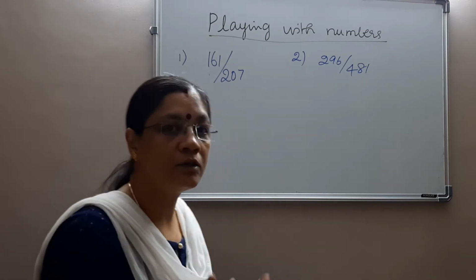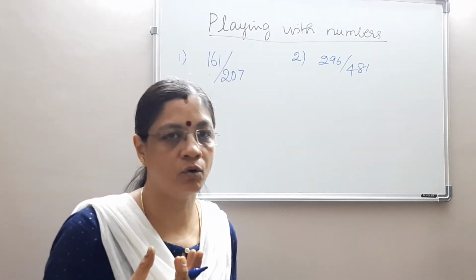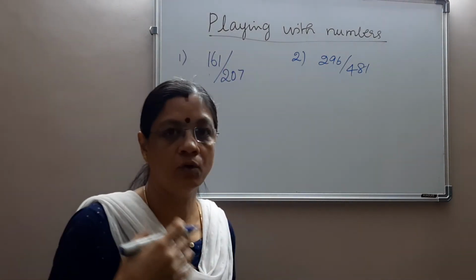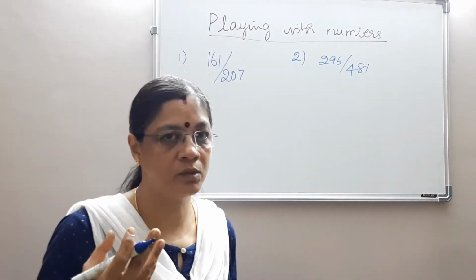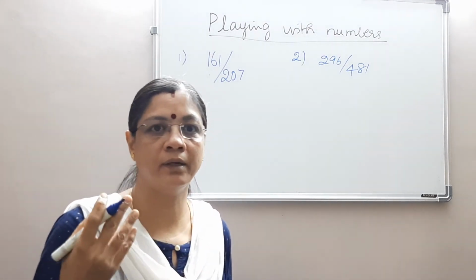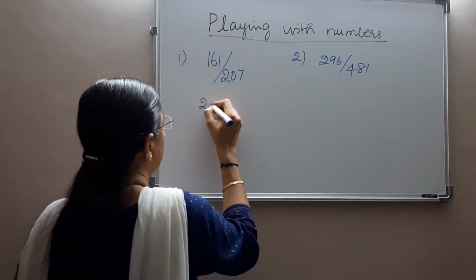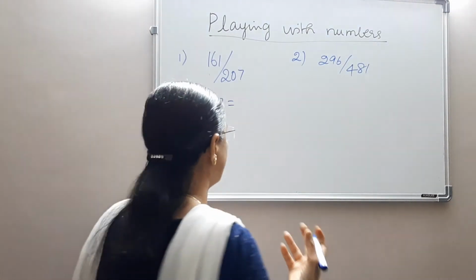When we have larger numbers, don't go in for the prime factorization method or the long division method, because you need to search for factors, isn't it? So you need to recall all the tests of divisibility, and it's well and good if you remember the tests of divisibility and you're able to find the factors. Otherwise, you can go in for the division algorithm, which will give you the HCF easily.